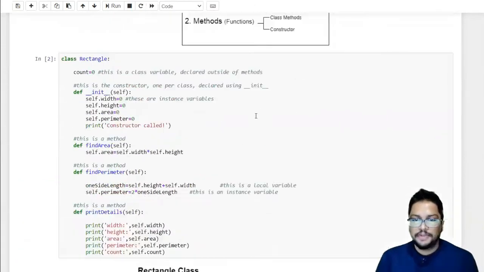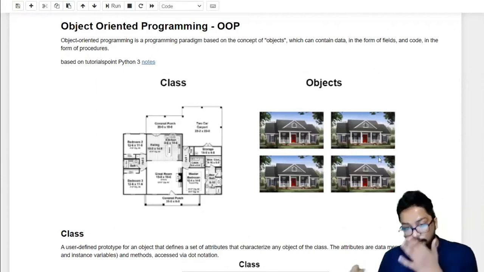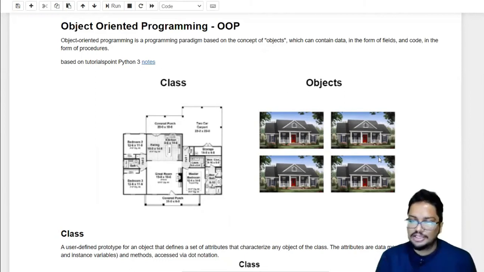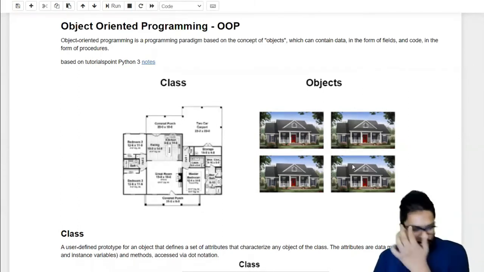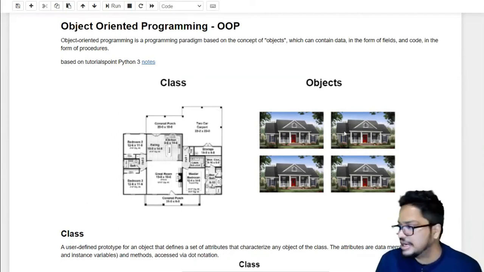For example, earlier I said that when you build a house by referring to a plan, whatever is included in that plan will be there physically in the house as well. If the plan has a room, that room will be there in the physically created house.